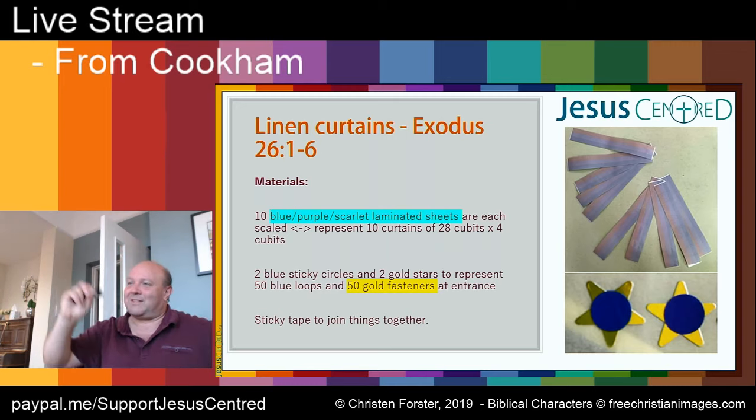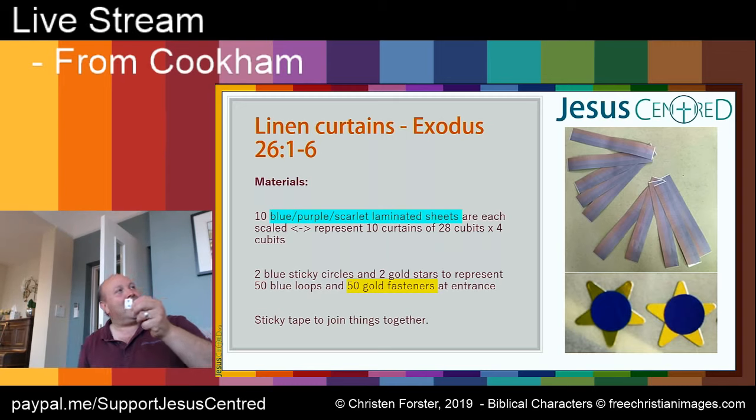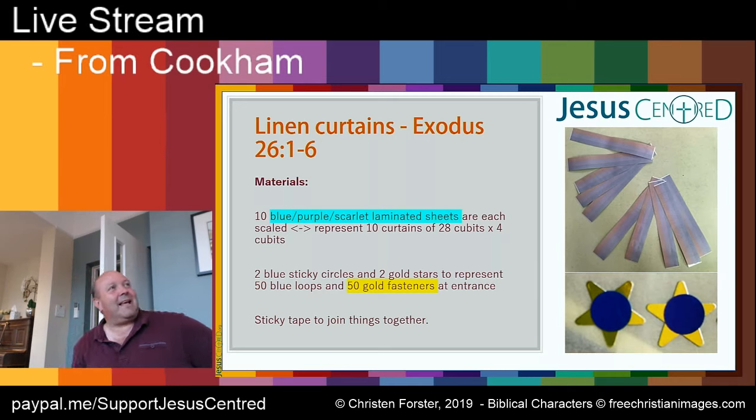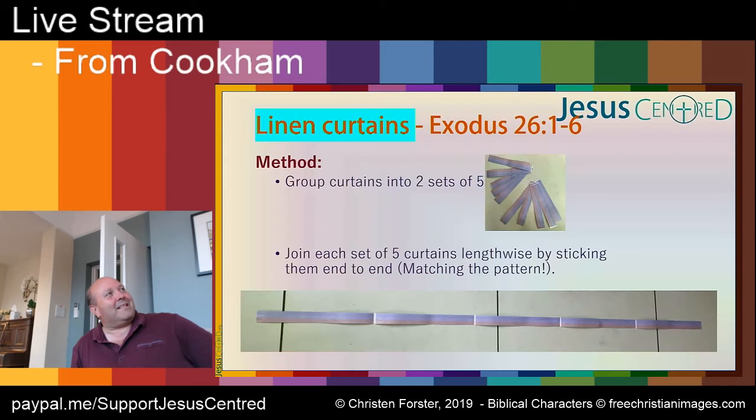So what we'll be doing on Saturday is we're not going to make 50 fasteners, but on the model we're just going to stick on a couple of fastener labels, five pointed stars. Each star represents 10 fasteners, so we can physically do those. And we've just joined the things with sticky tape rather than making loops. When we were doing one of the experimental run-throughs, we did actually try threading those little wire twisters, but it was too fiddly and too messy. So it doesn't really take anything too much away.